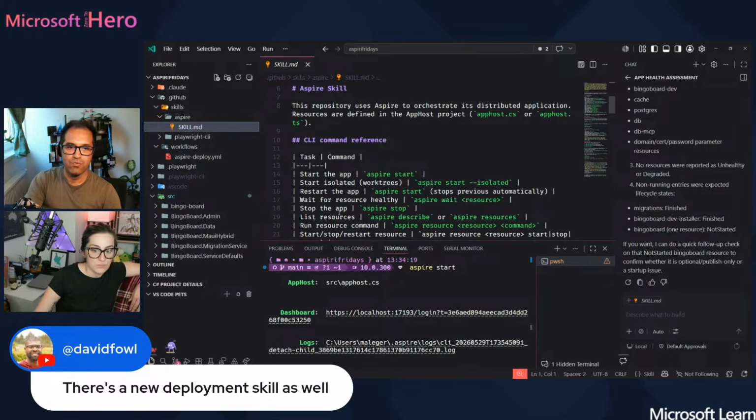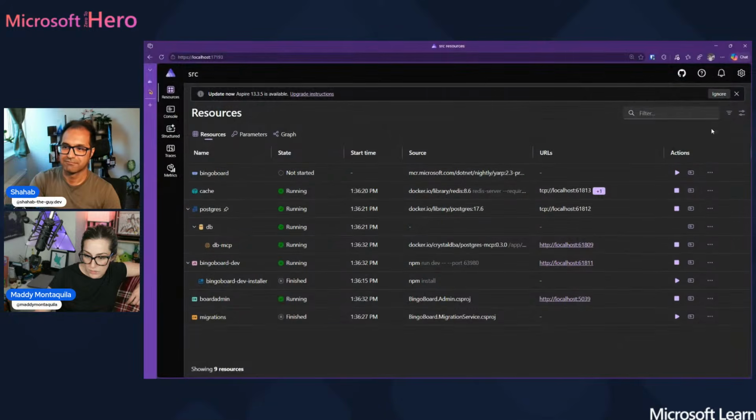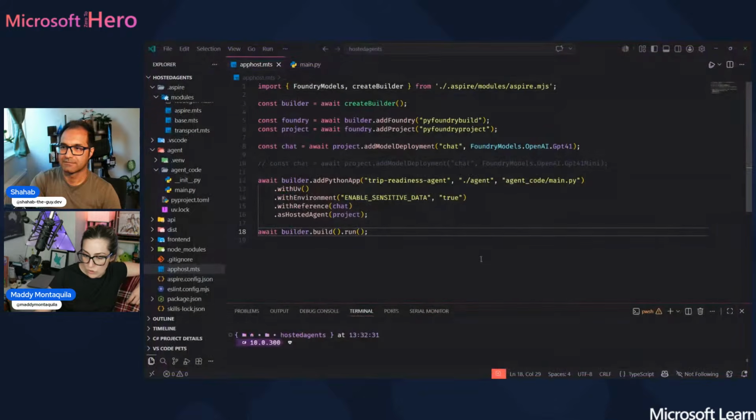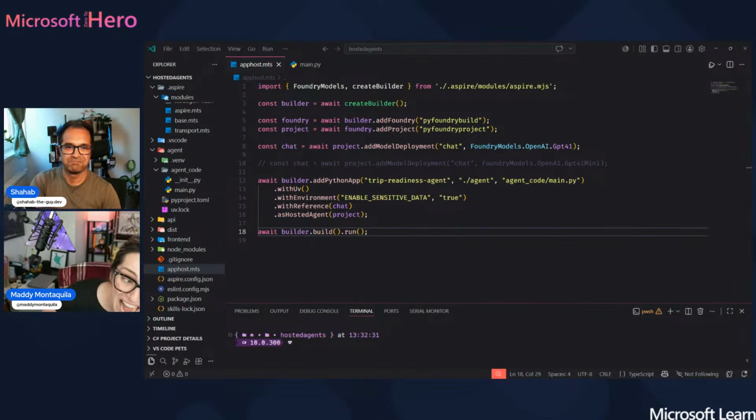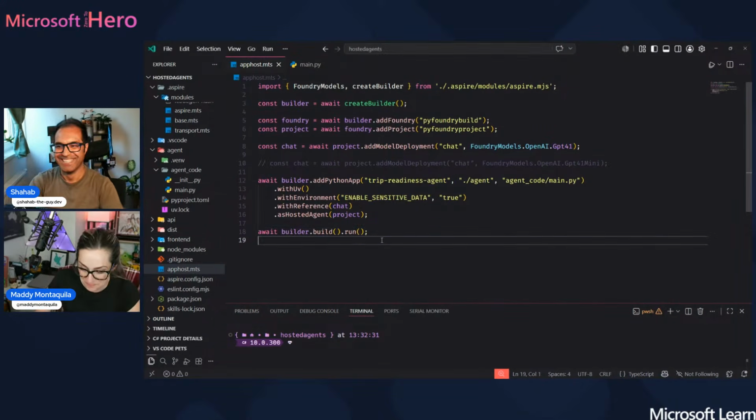So, deployment skill. There is a deployment skill. Okay, let's see if Foundry is in a better mood now. Not this one. Oh, yes, it did. Copilot fixed it. This is the best day of my life. Okay. So,